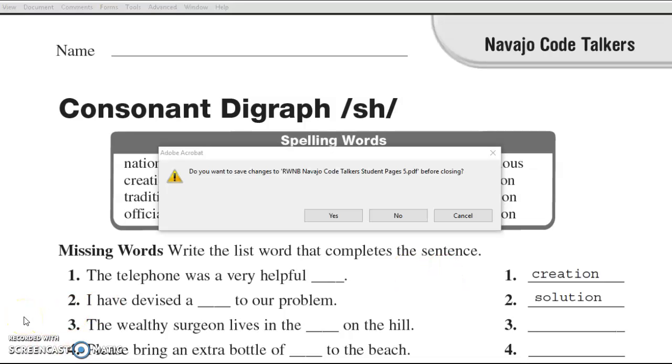The next step would be for you to save this document. So when you click on the X to close out of the document, this is the message that you are going to get. It says, do you want to save changes to, and it has the title of the document, before closing. I'm going to click on yes,